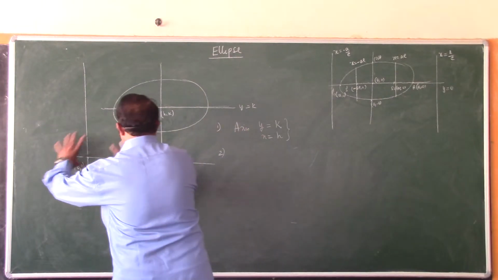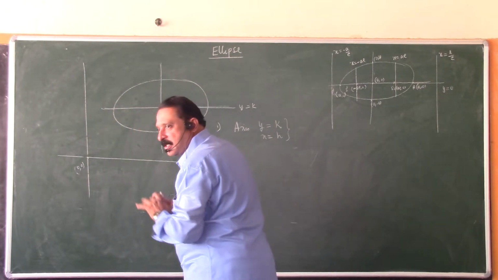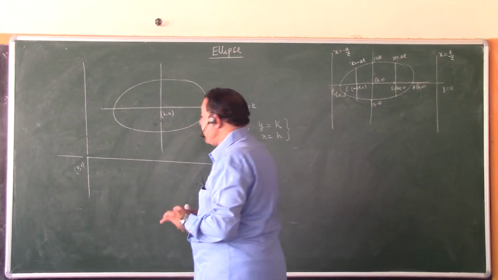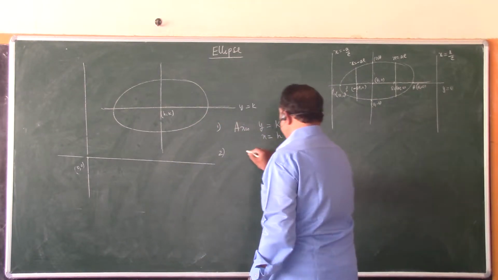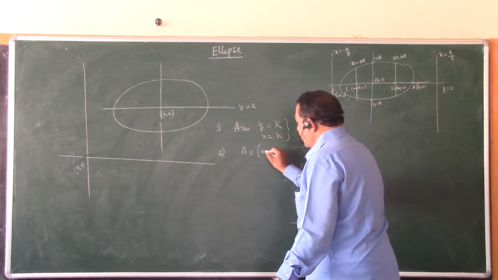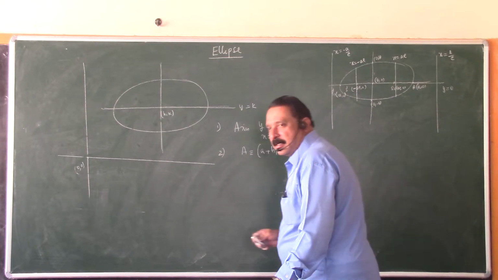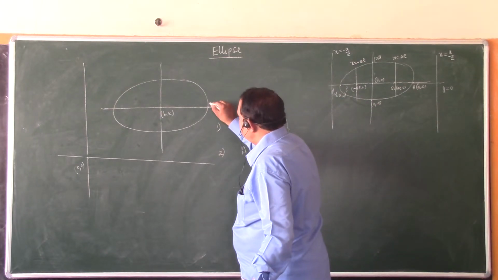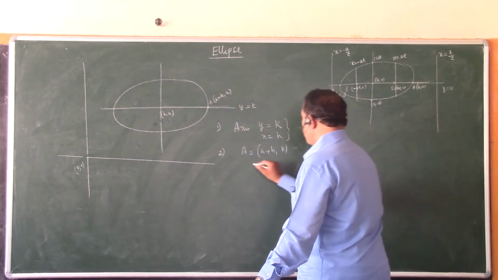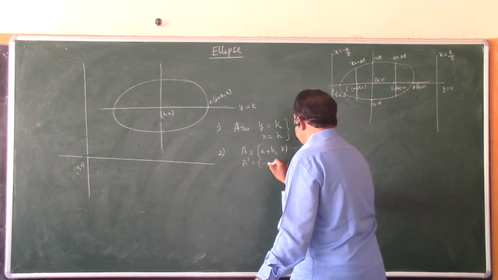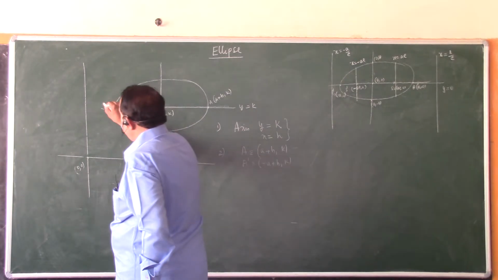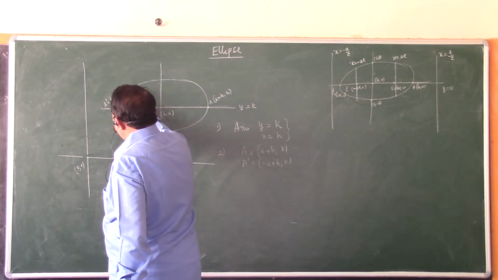We have just taken the ellipse from here and fixed it here, so this length will not change. Are you following? But what is going to change? Ends are going to change. See here, the right hand side end is (a, 0), so you should write it as (a + h, k). What is the other point? A dash is (-a + h, k).